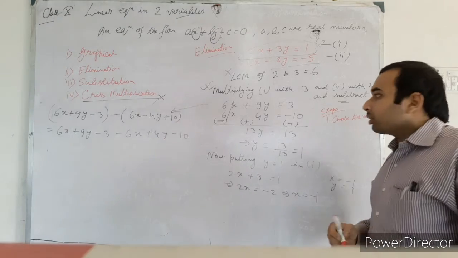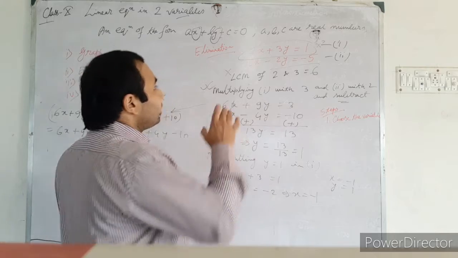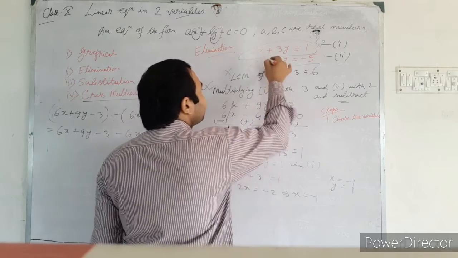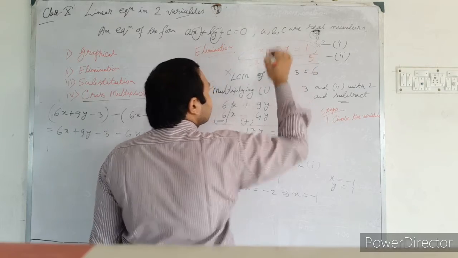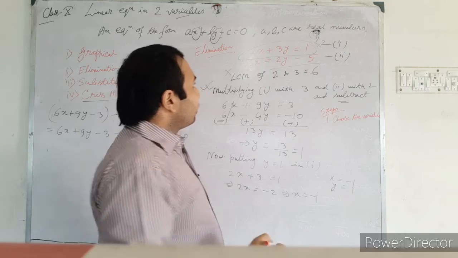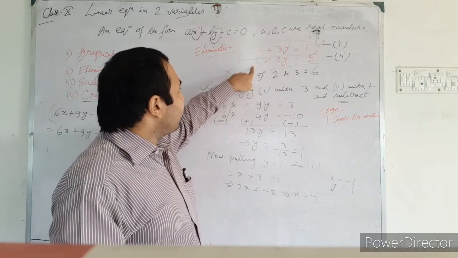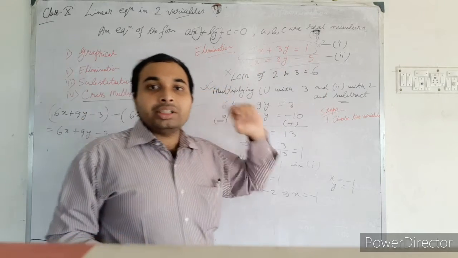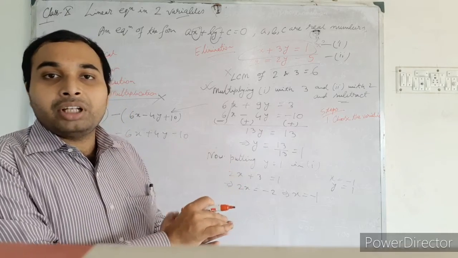And another thing I have forgotten: sometimes the question will be given like that. Just see what I am changing here. 3x equals 2y minus 5. That is, here it will be written 2x plus 3y equals 1, and here 3x equals 2y minus 5. So if you find this type of question, first of all change the sides of the variables.